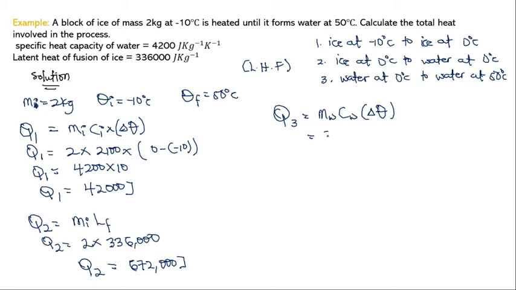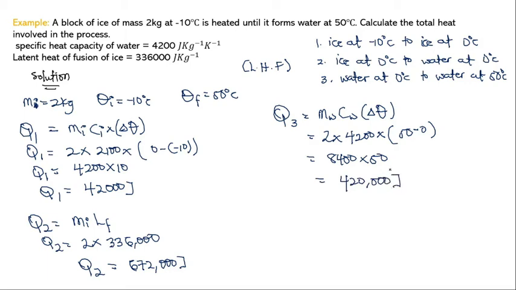So we still use 2 multiplied by the specific heat capacity of water, which is 4,200, multiplied by the change in temperature, which will be 50 minus 0. So we have 8,400 multiplied by 50, and this will give us a total heat energy of 420,000